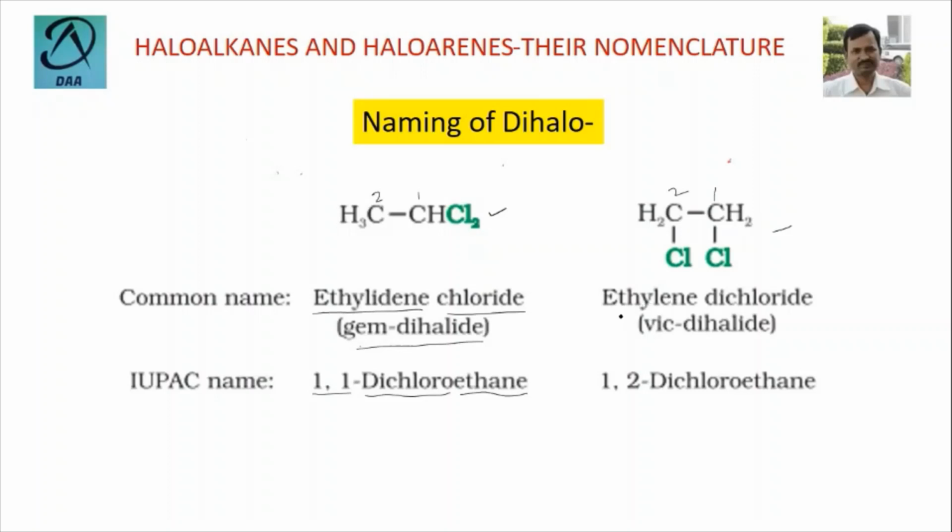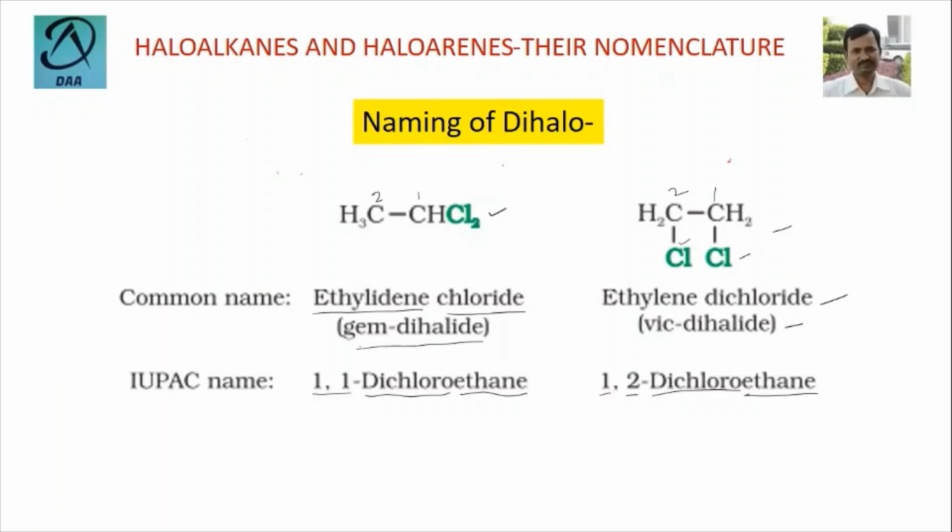So the common name is ethylene dichloride or vic-dihalide. But in the IUPAC name, you see that carbon number 1 is attached to one chlorine atom and carbon number 2 is attached to another chlorine atom. This compound has 2 carbons, so it is obviously ethane, and position number 1 and position number 2 have the 2 chlorine atoms, so it is dichloro. In this way, from the structure,